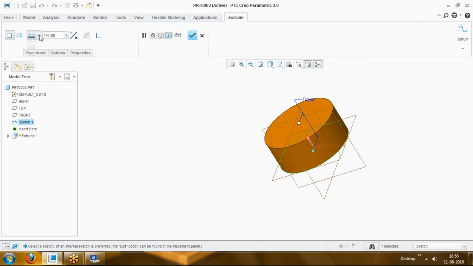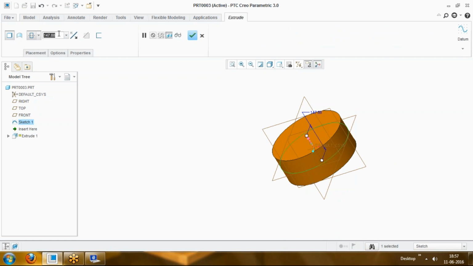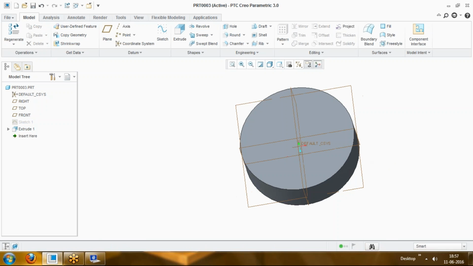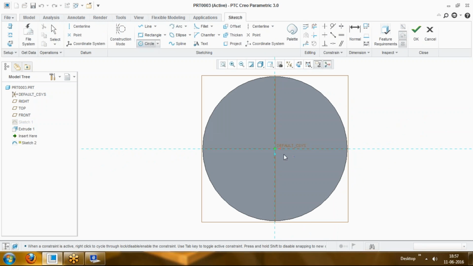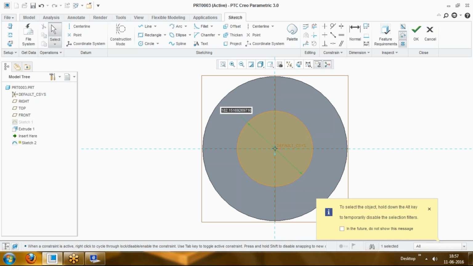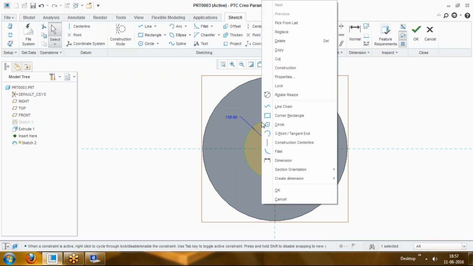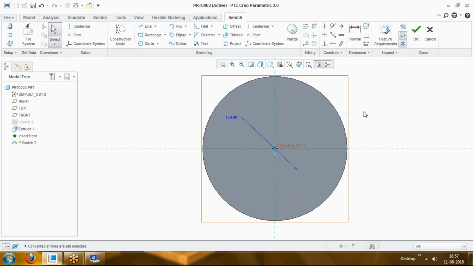Extrude the profile. The size is 100, and after that I pick the upper face and give another circle like this. The size I'm going to define here is around 150, and now make the circle in construction mode, just because I don't have